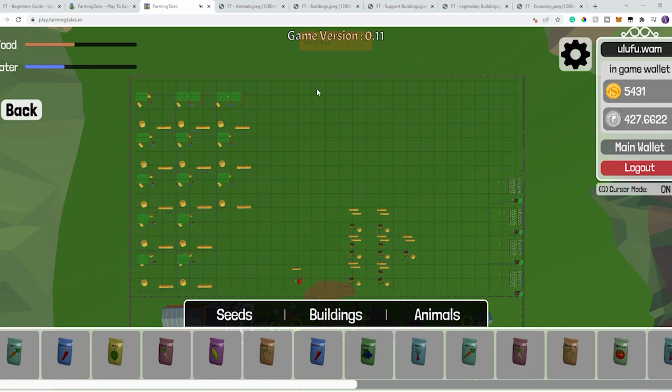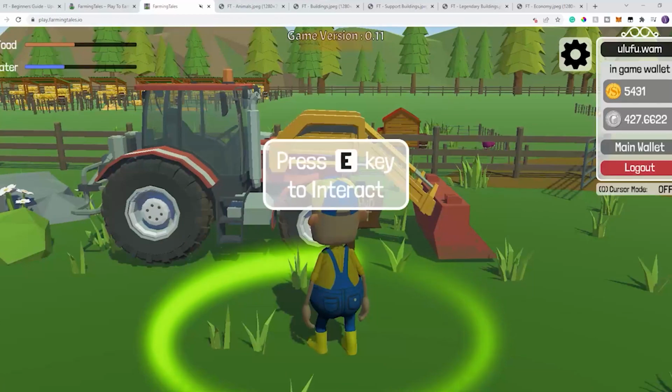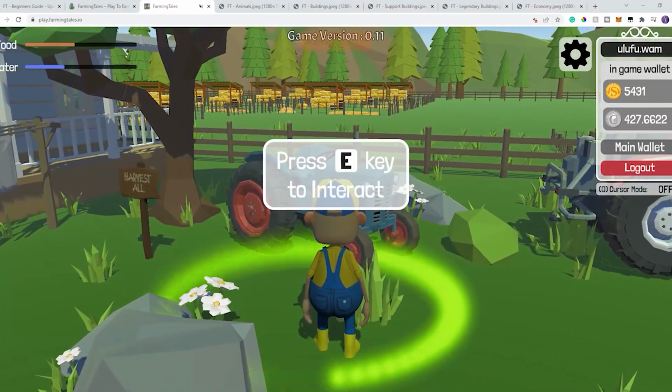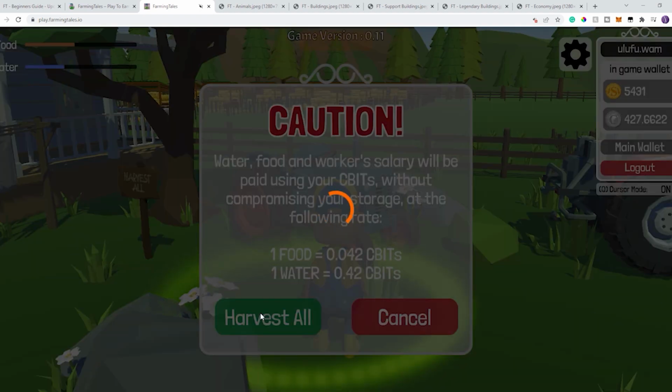All right, now let's say you don't want to click on each of the individual buildings, and you just want to harvest all. Let me go over to this. This is the section where you harvest all. You click E. It's going to give you a warning. Just so you're aware, it is more expensive to use the harvest all feature than it is to do it individually. You're paying for the convenience. So I'm going to go ahead and harvest all. You'll see this jumps up here. So harvest all,